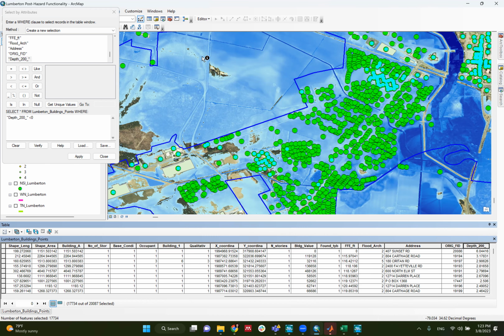Basically the software is checking this condition row by row. And then it tells you here, right now I selected 17,000 buildings out of 20,000 buildings. So that means that 17,000 buildings are not exposed to flooding, and around 3,000 buildings are exposed to flooding. If we want to see them,